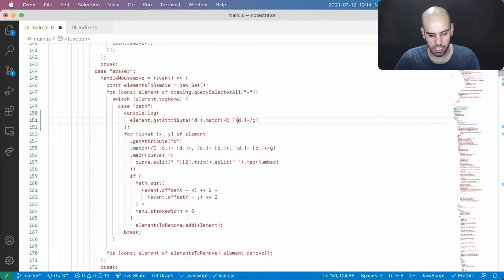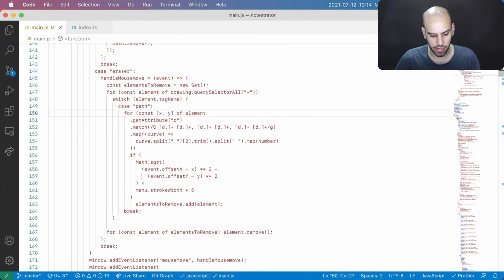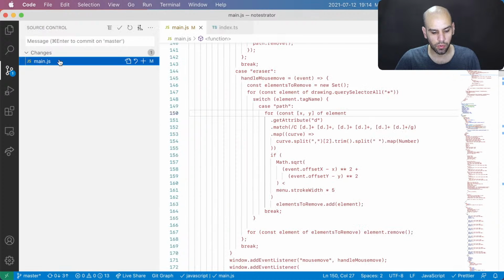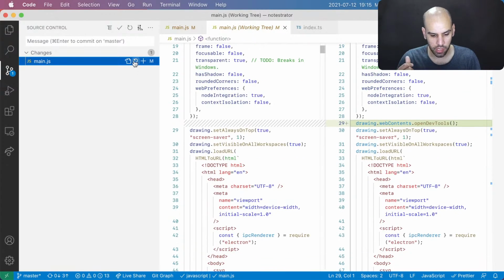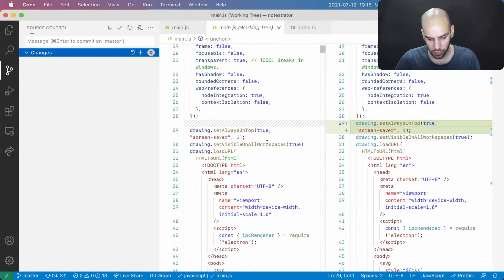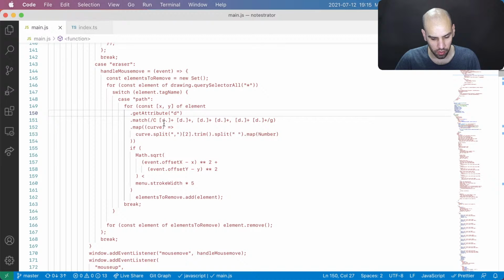So I put a \d and I tell Prettier to format, it gets rid of the slash. That is the issue with the eraser: the interaction between regular expressions and the whole shenanigans I'm using to generate HTML. Now that I know the issue, I can remove all of this. And a quick way to fix this